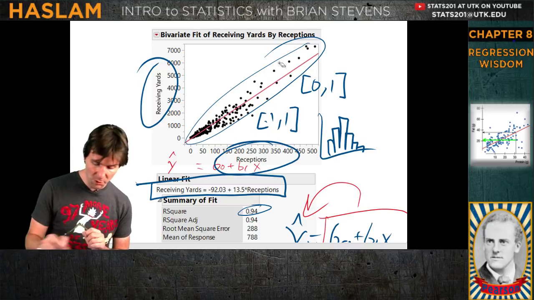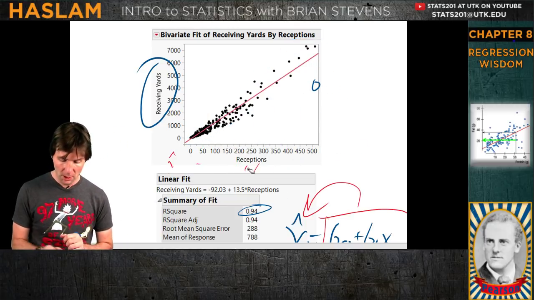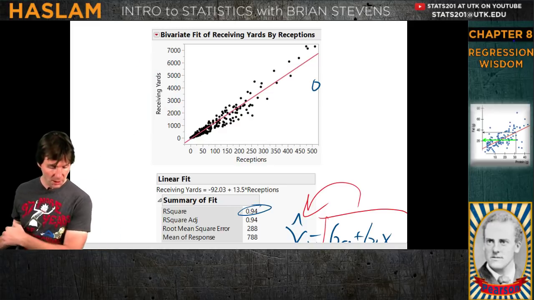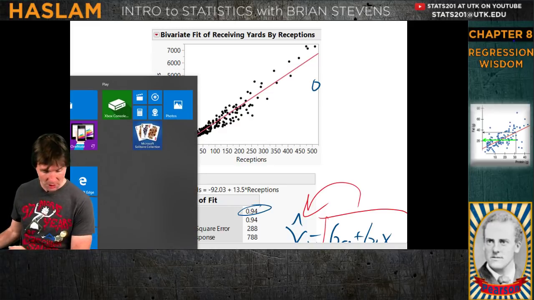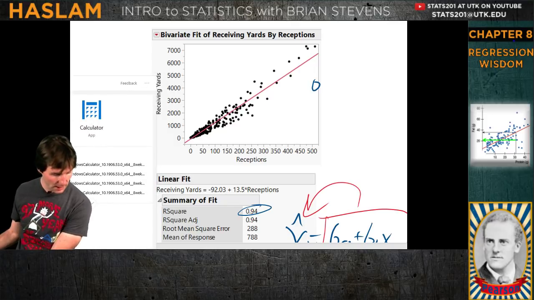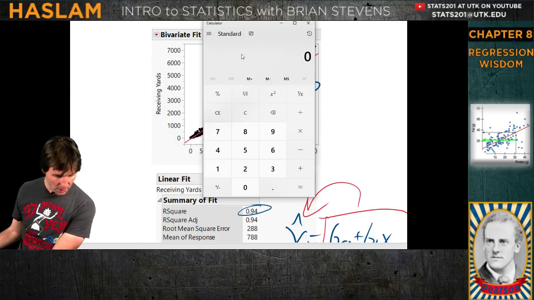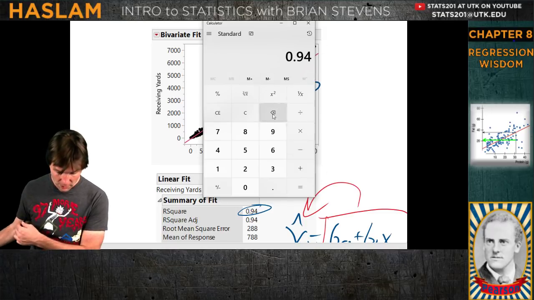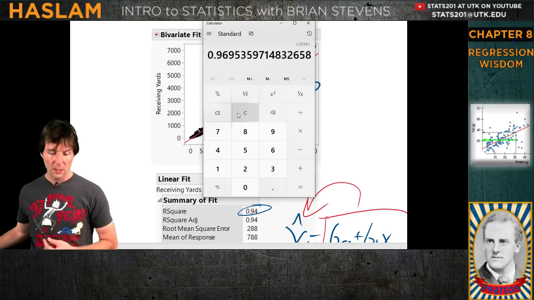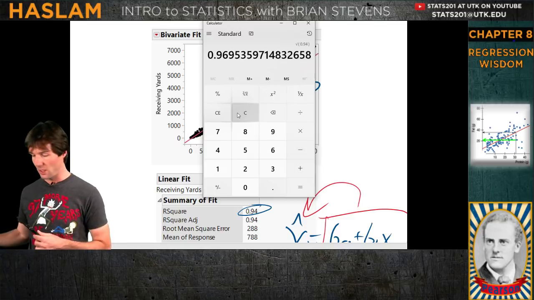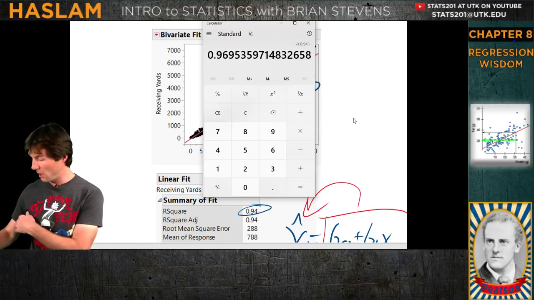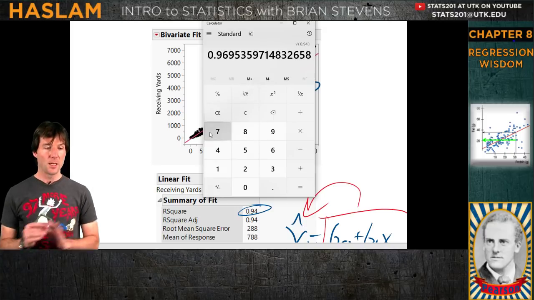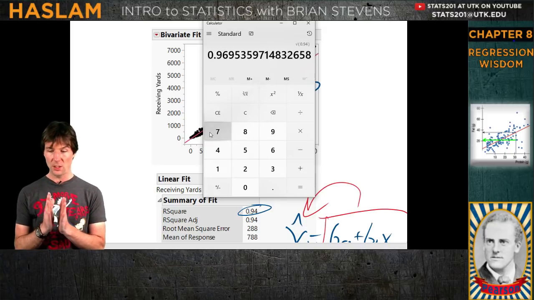So remember this though. We'll do a quick question which might be on this review. What if we wanted to find the correlation of this data? To find the correlation of this data, which we might be answering a later question, let's go here to our handy dandy calculator. With the calculator, we are just going to take the value of R squared and square root it. The correlation here is 96.9. Did everyone see that? All I did was take R squared and square root it, because when you square root R squared, you get R.